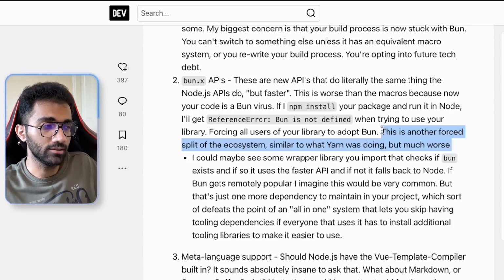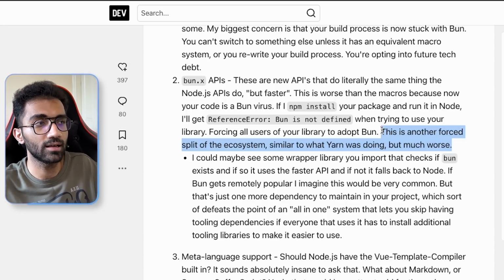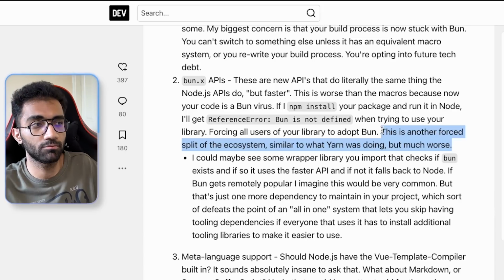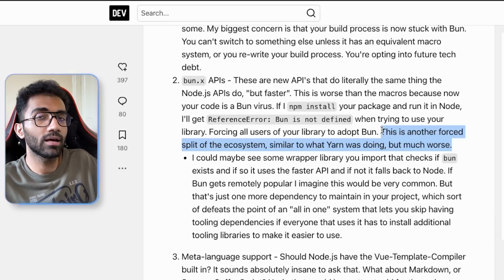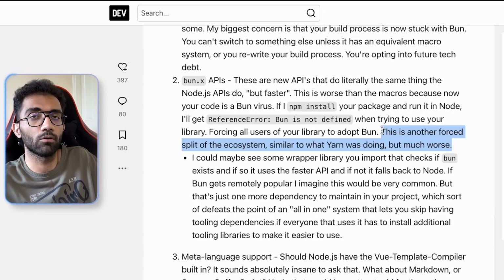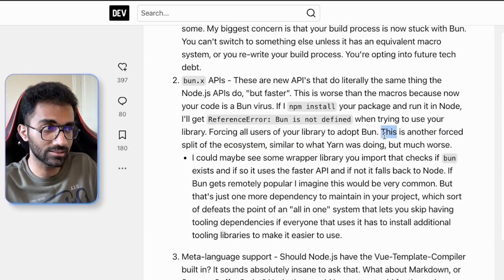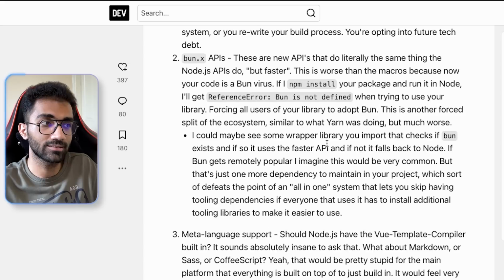Bun, if it's coming 15 years later, and if it wants to capture the marketplace, it should capture a significant chunk first, 20, 30, 40%. And then let's say 40% of people who write server-side JavaScript are using Bun instead of Node, then Bun is in a position to decide what level of APIs it has to develop. Not right now, not today. And if it does that, then it's just splitting the ecosystem. That is something I can agree with.